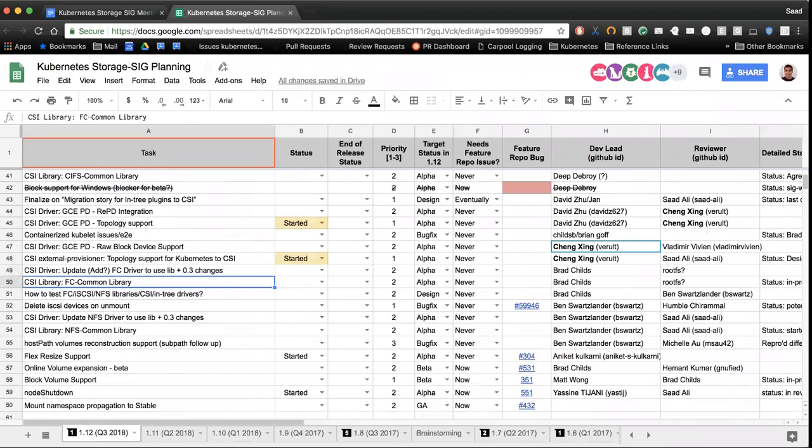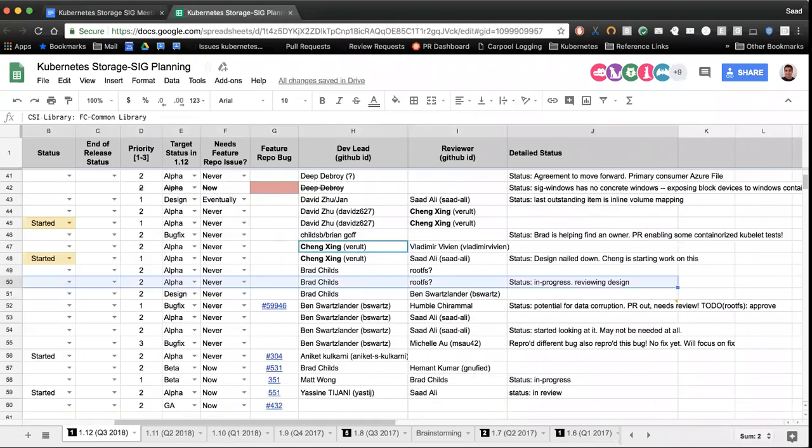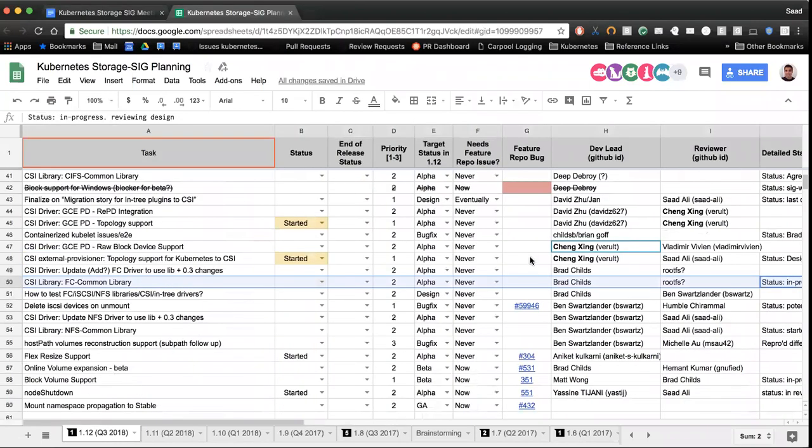Skipping over the CSI driver, we have the Fibre Channel common library. Brad, any status updates on this? No, but I have identified a resource that'll take it. I don't think that this will be done for 1.11 though. Okay, or for 1.12. Yeah, no, that's okay. If we have to punt it, that's okay.